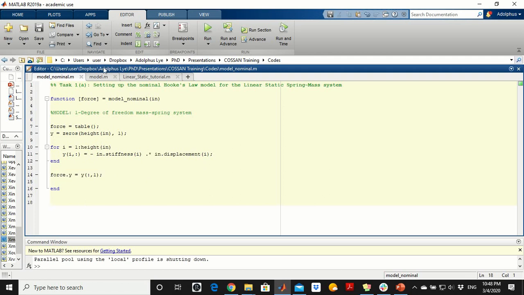So with that, we'll now proceed to task 1b, whereby we're supposed to set up the noisy Hooke's law model for the linear static spring mass system. Now, this is very similar to task 1a, with the exception of, firstly, the need to assign a different name to the model, which for the noisy Hooke's law model I simply call model for short. Of course, you can always assign it a different name, just make sure that you know it's referring to the noisy model. And you just input the same